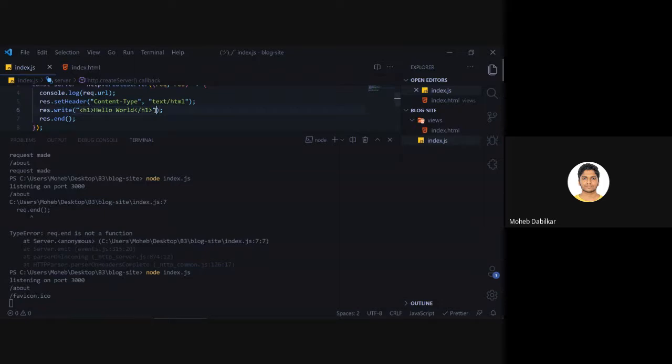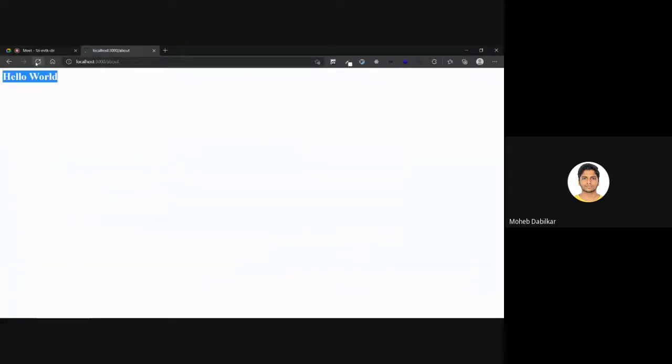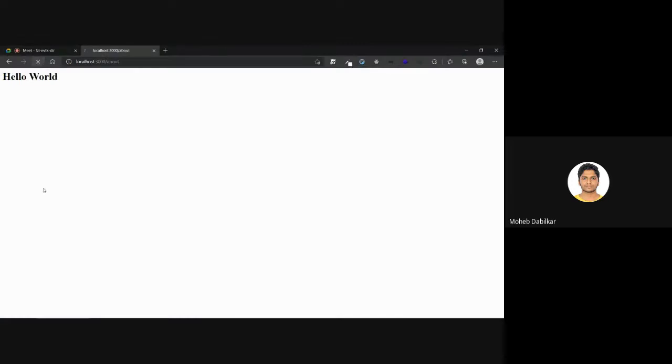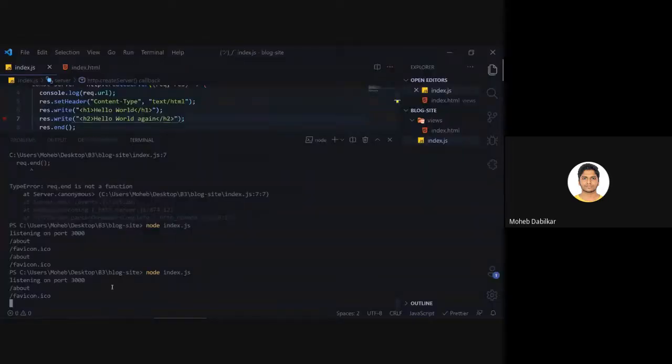But you don't want to send anything like this. Even if you wanted to do it this way, you could say hello world again, and this time you can send in the h2 tag. But what if you want to send in something very big, right? So we will have to refresh, and don't worry about the favicon right now.